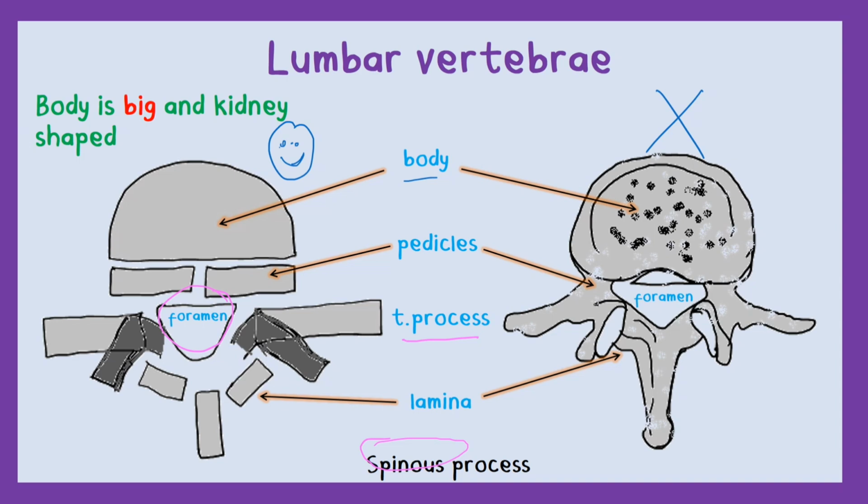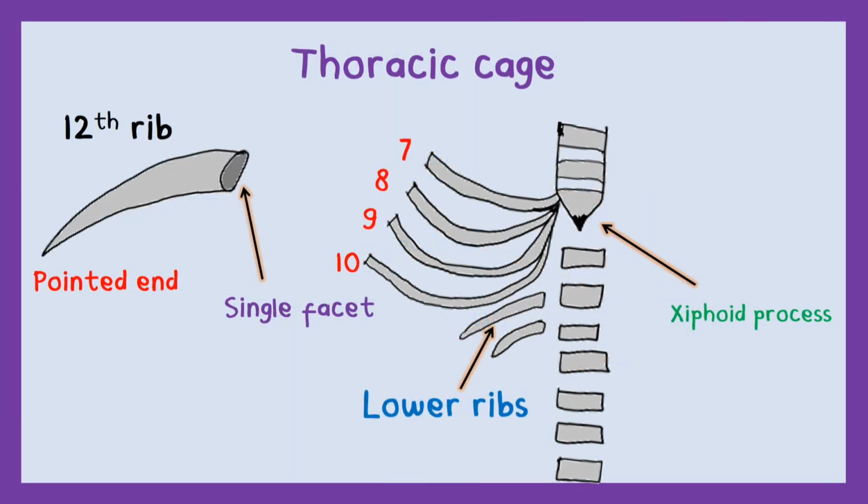While studying abdominal anatomy, you don't have to go into the details of the lumbar vertebra, but a few points should be remembered, like the body is big and the intervertebral disc, which is the disc between the two vertebrae, is wedge-shaped. The parts of the thoracic cage which are relevant to the abdomen are the pointy little thin xiphoid process